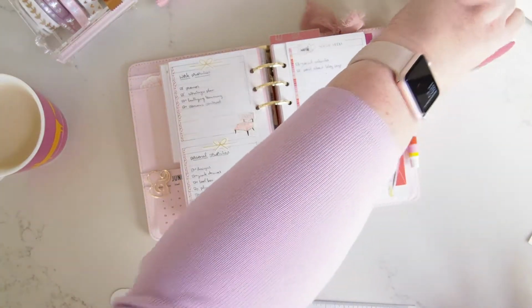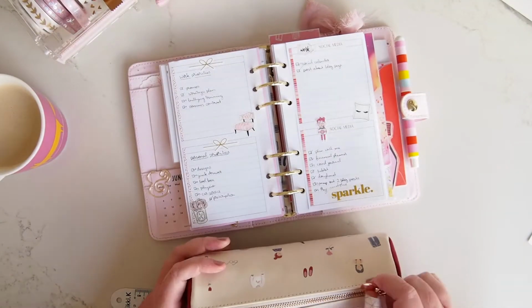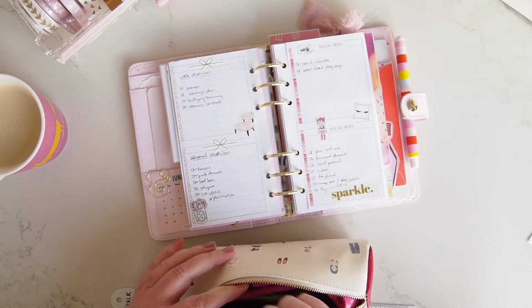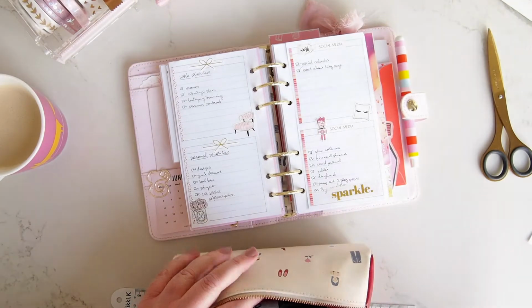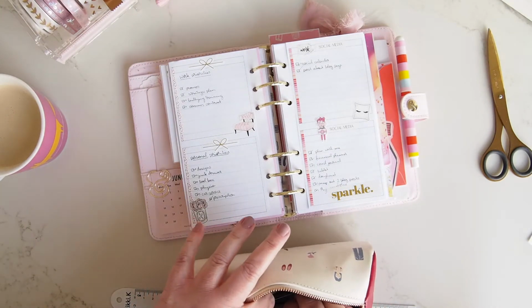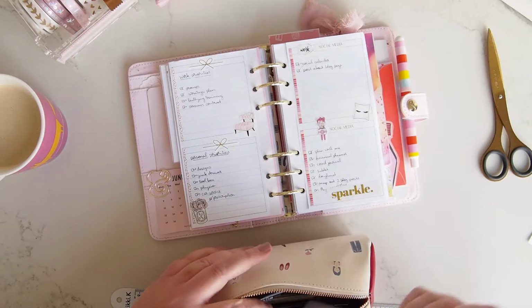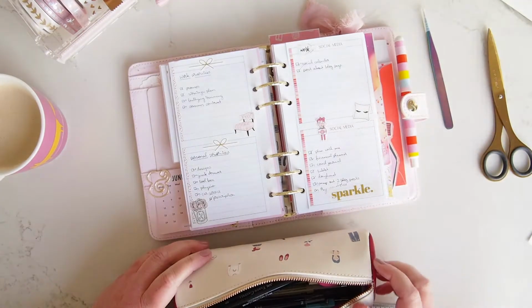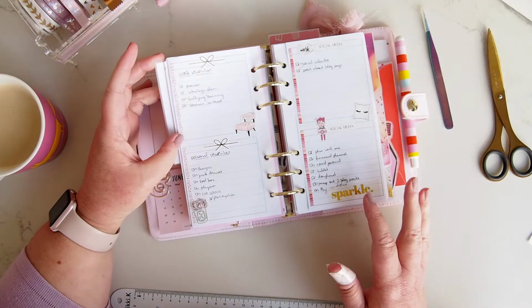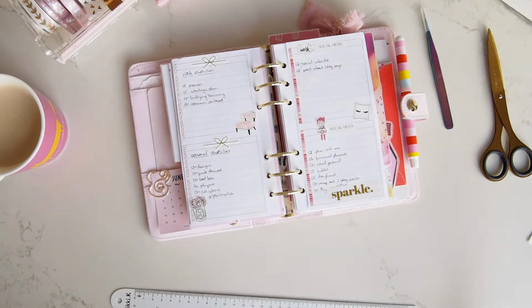Look, let's be honest, I didn't use my planner as much as I really wanted to. And I really still can't figure out why. Life in general is just crazy busy, but work in particular is really busy. And I hate that word busy, but anyway, I've been through this section, and I only went through it today